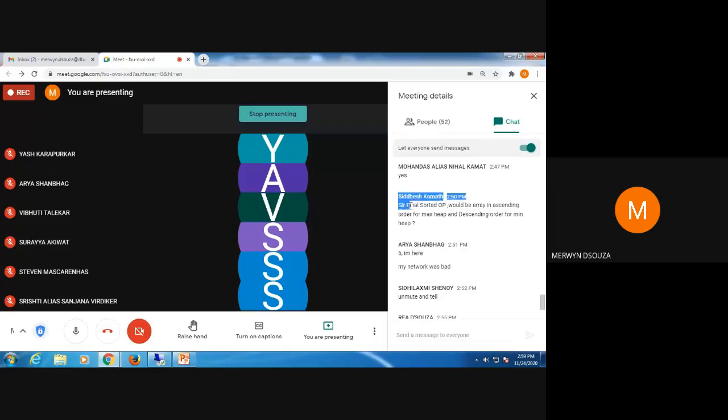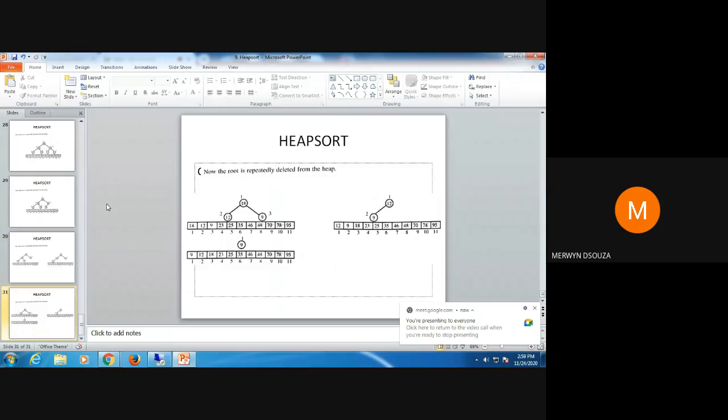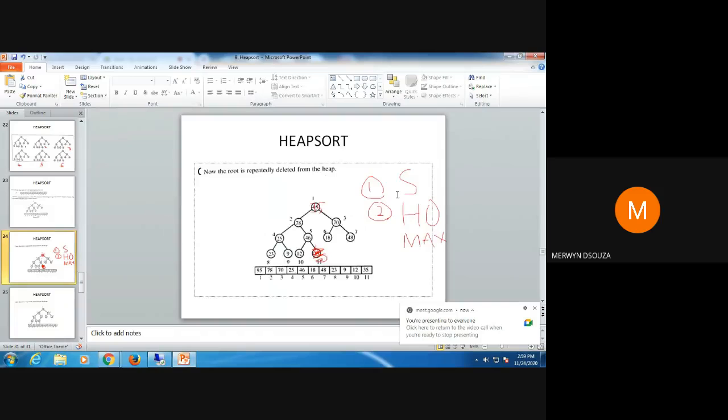Yeah, Siddesh, it will be in ascending order for max heap. Mostly, it depends on how you do the programming. Because according to your textbook, when I started with the deletion here, 95, it said to delete the maximum element and insert it in the minimum element's place. So when you do the deletion,